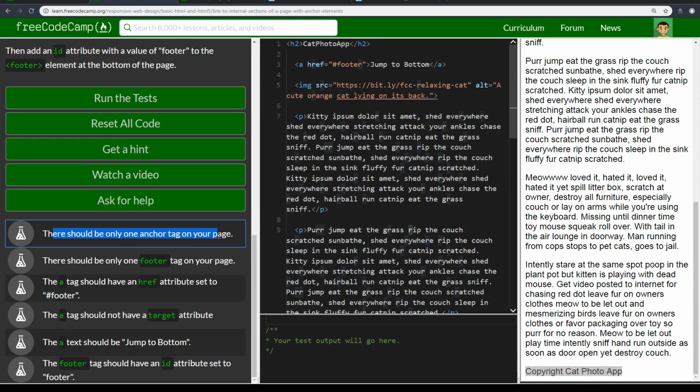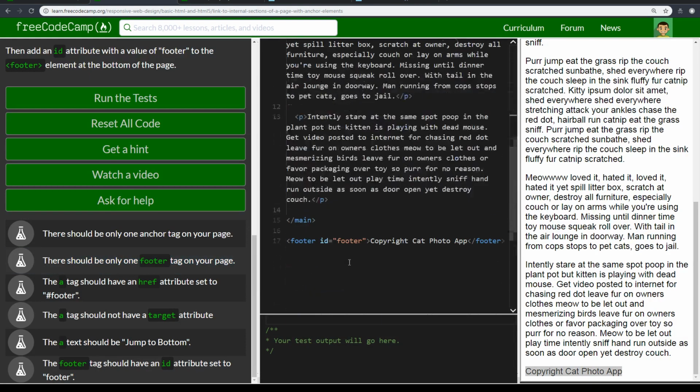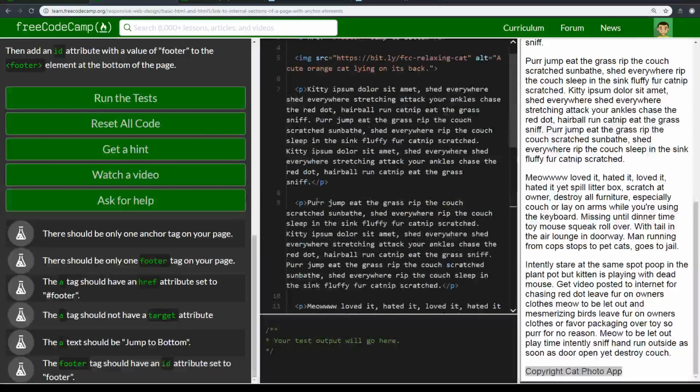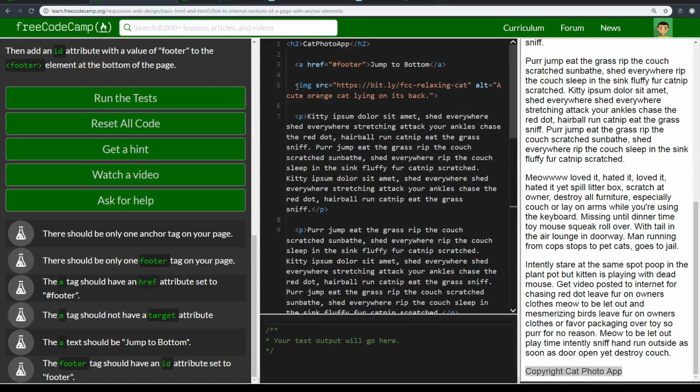So there should only be one anchor tag on your page. So that's why we removed the other anchor tag, which is contacts, which was an example. There should be only one footer tag on your page. There's only one footer tag. This is a footer tag. This is a closing footer tag. This whole thing is considered one tag, just like main. Main is one tag, even though it encompasses